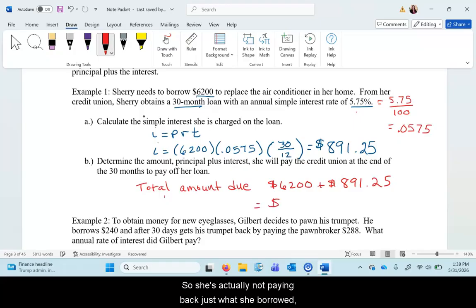So she's actually not paying back just what she borrowed. She's also paying back the interest. And that would be $7,091.25. Okay, so that was your quick little introduction to simple interest with that example, but I want to do